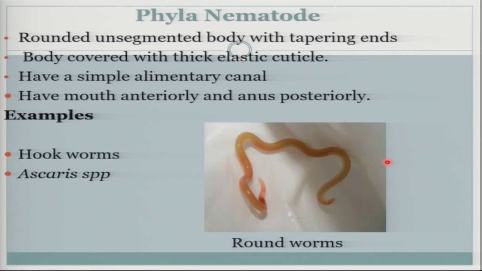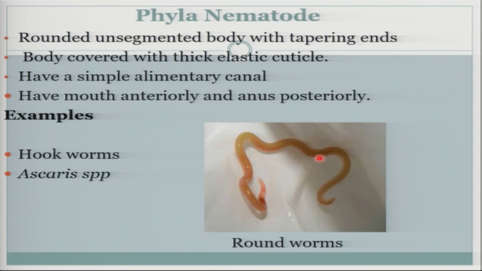So we got another phylum. That is the Nematoda. Nematodes also are put under those lower levels of organisms in the kingdom Animalia. So how is it? Look at the diagram below on the picture. This is the roundworm. Roundworm, hookworms, and Ascaris spp. These ones also belong to phylum Nematoda. All right? So how are they designed? As you see the structure or the picture, how are they designed?